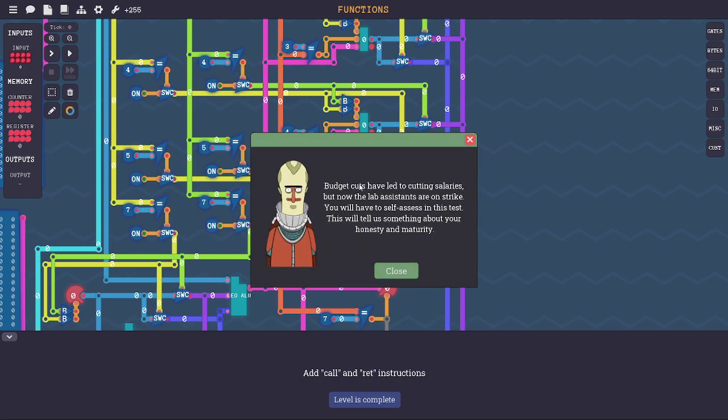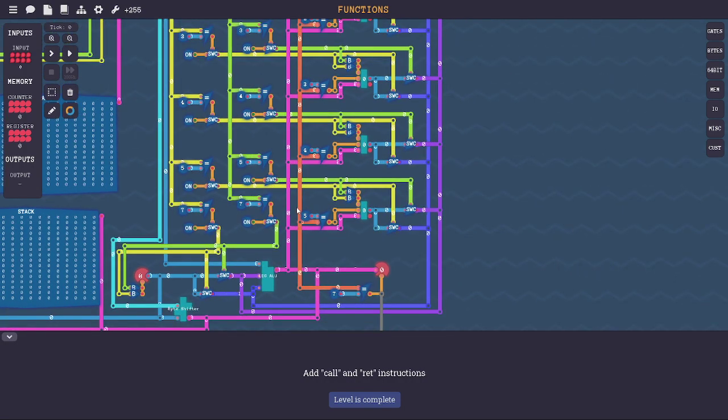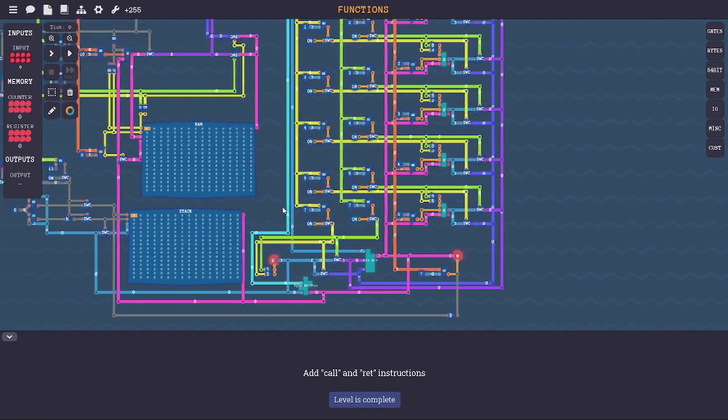All right, so budget cuts have led to cutting salaries, but now the lab assistants are on strike. You will have to self-assess in this test. This test tells something about your honesty and maturity. Okay, so